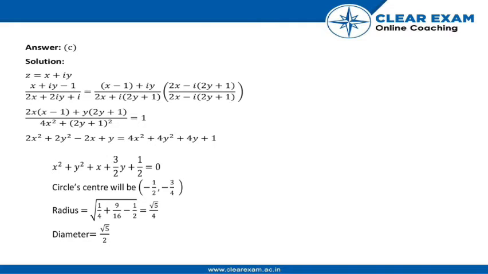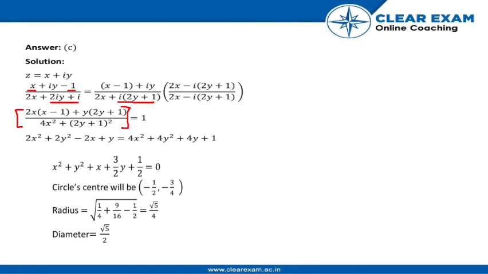So by putting the value, we get (x plus iy minus 1) upon (2x plus 2iy plus 1), which is equal to (x minus 1 plus iy). We have kept these two in a different bracket, and same goes with the other one. We have taken i common from these two. So after doing that, we have multiplied the denominator to the numerator and denominator again. So after doing that, we get this value,